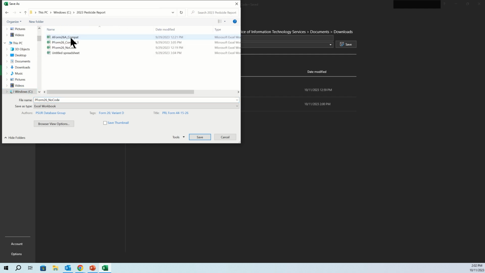The file name for Form 26 will be pform26_nocode. You can change the name of the file, but please keep the leading letter assigned to the form type. For example, Form 26 will always have a leading P. The leading letter is unique to the form type and is used to validate the forms after you submit them